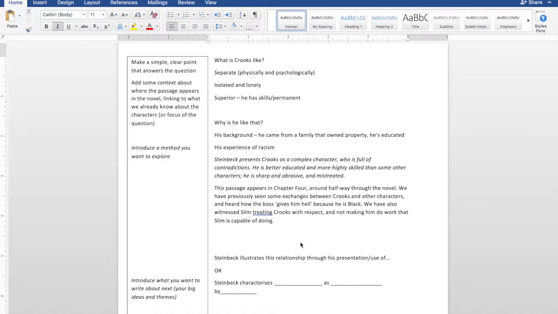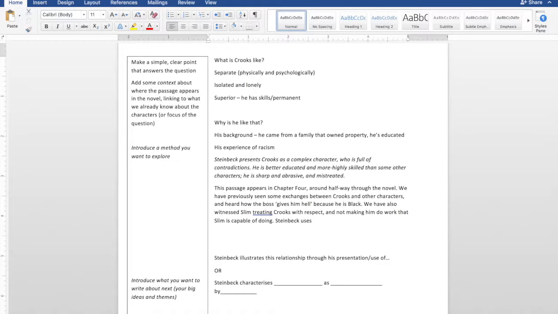The next thing that you want to say before you get into the methods is why. Why is Steinbeck presenting Crooks in this way? Well, he wants to make a comment, doesn't he? He's arguing that life should be better for African Americans, and that life should be better for the working class and the migrant workers. So actually, what I would say is Steinbeck